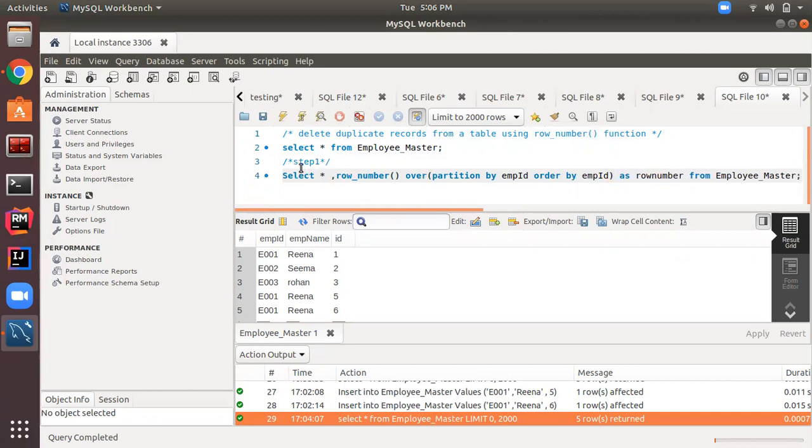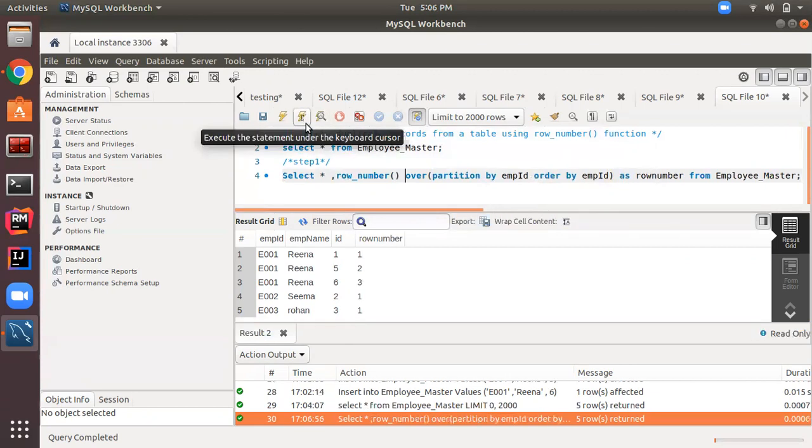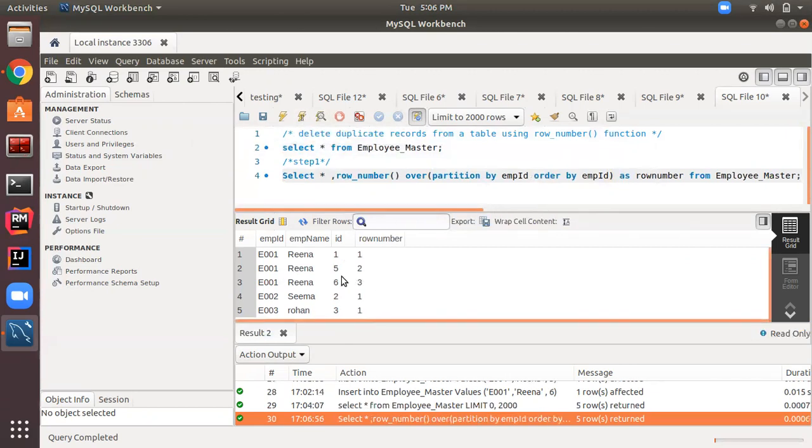Let's understand this first step. Select star will display all the columns of the table. After that, it will display a row number for each partition, which is done on the basis of employee ID, and it will assign a unique row number to each member of the partition. Let's execute this query. This is the result set. It partitioned my table on the basis of employee ID.